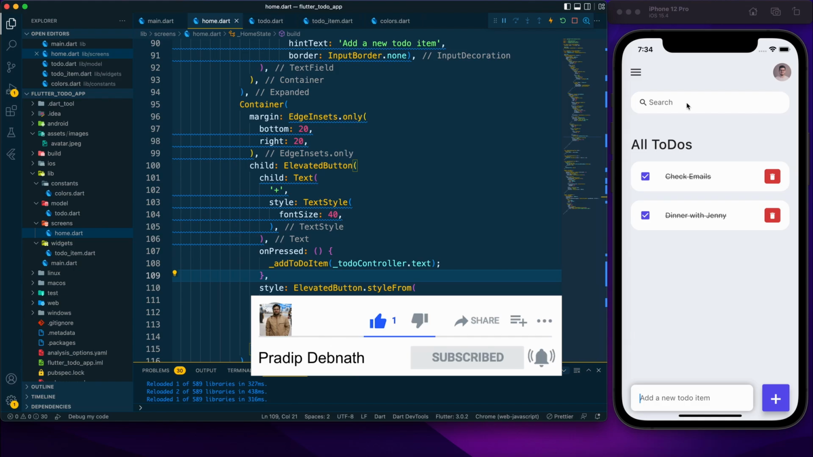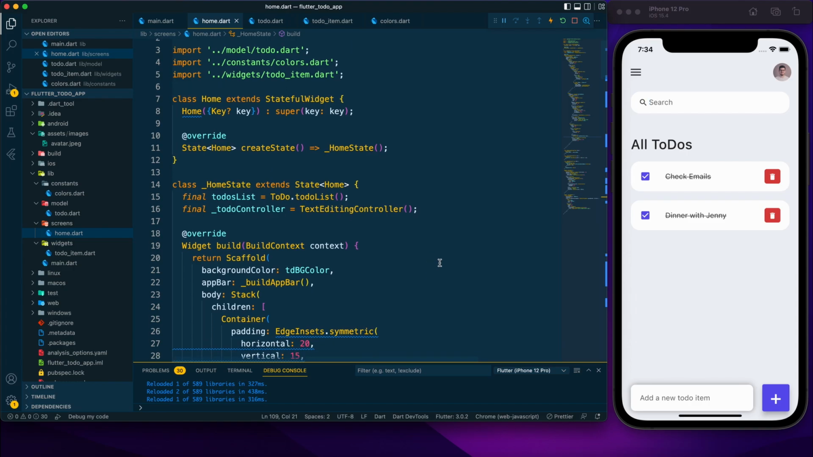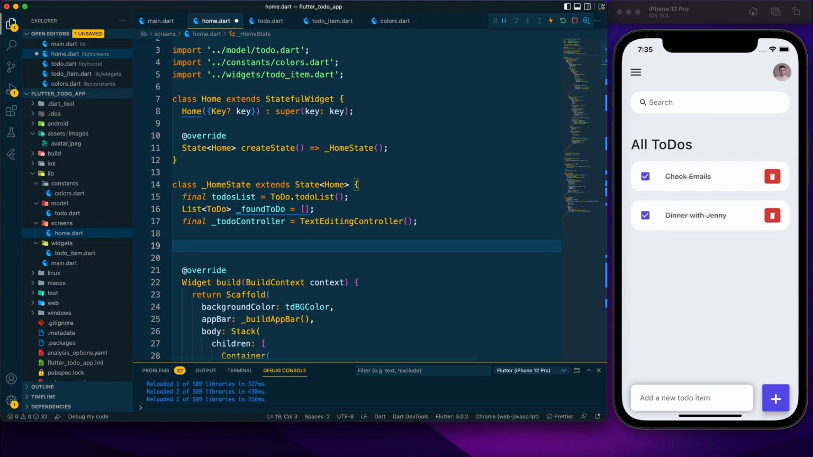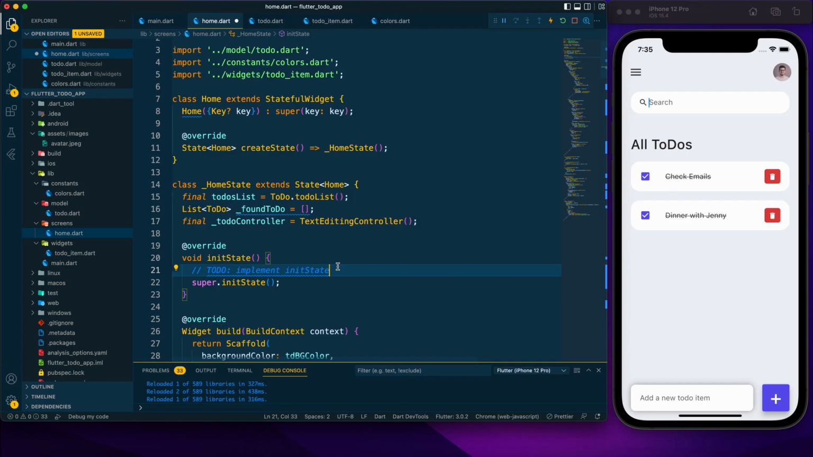Now we need to just make this search bar functional. So whenever we put something, that time it will search the to-do items from here. And for that, first I'm going to create another list, and the list will be of type ToDo, and I will name this one foundToDo, and by default it will be an empty array. And after that I will initialize the state. So within the initState function